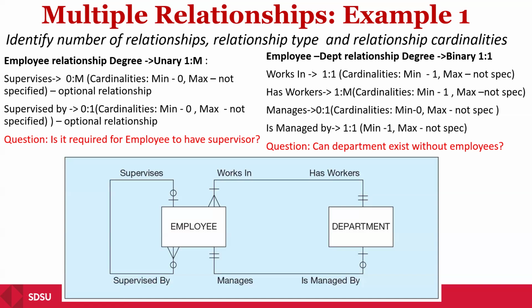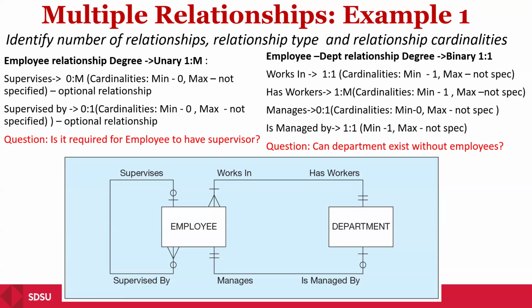There's also a relationship, manages. So an employee can manage a department, and minimum cardinality is zero. So an employee doesn't have to manage a department, and max is not specified. But for the department side, a department must be managed by at least one employee. So minimum cardinality is one and maximum is also